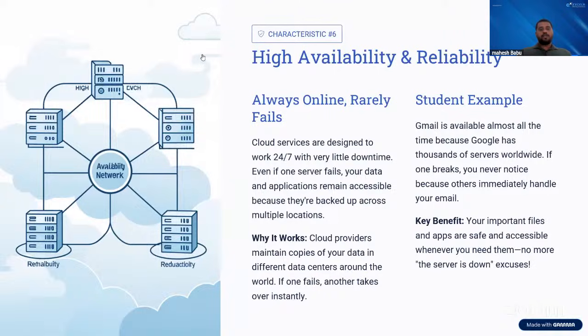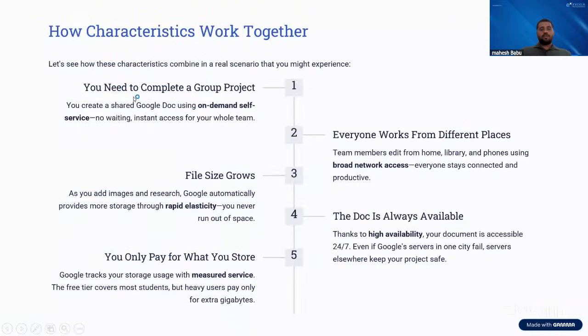That's why reliability is very important, because the machine's functionality is important. If machines are not working, then obviously we cannot access the infrastructure. So this is how the characteristics work.